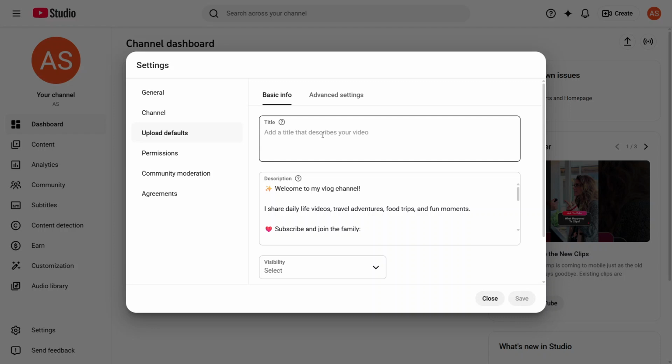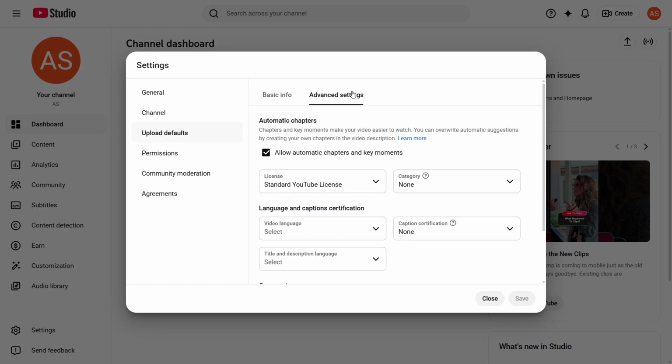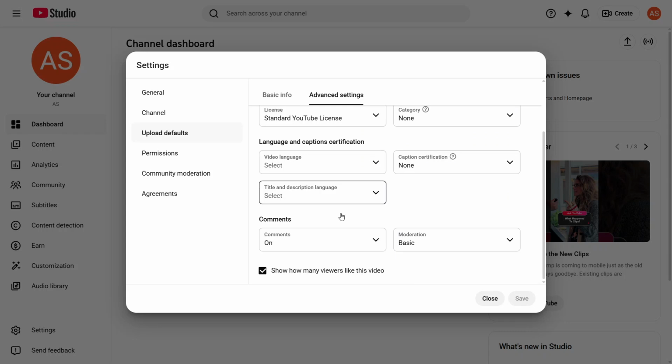Within Upload Defaults, you'll see different tabs, including one called Advanced Settings. Click on Advanced Settings to open all of the more detailed options for your default uploads. Now, scroll down through the Advanced Settings section. Take your time here, because there are quite a few options, and the one we need is closer to the